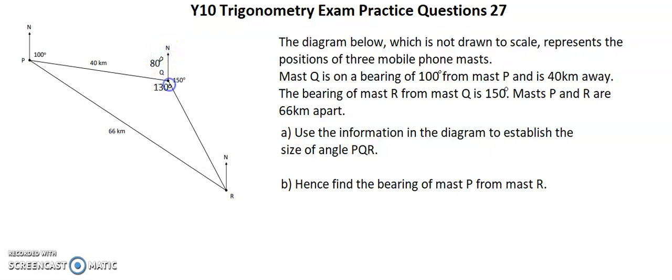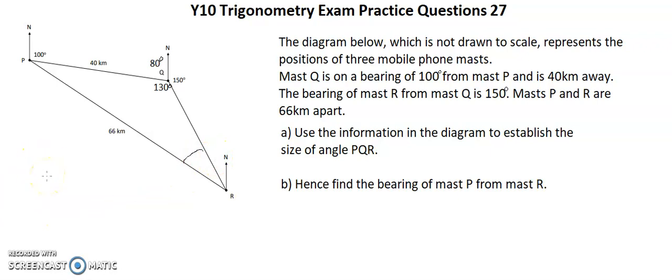So now that we've found the angle of PQR, we need to find the bearing of mast P from mast R. To do that, we need to work out this angle inside. So to work out that angle, the first thing I need to do is